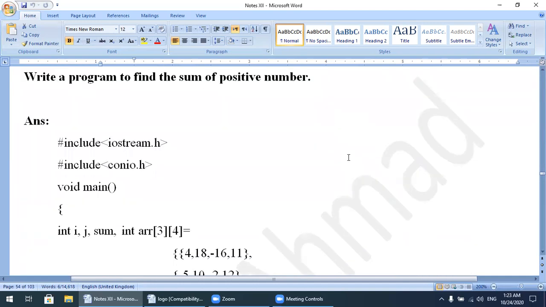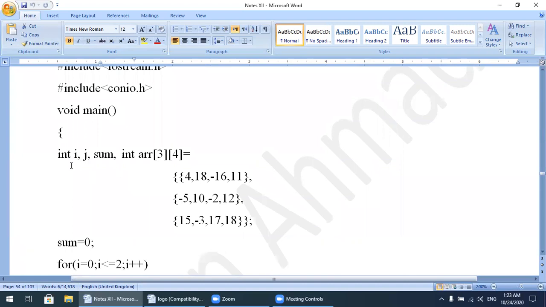For this purpose, two header files: iostream.h, conio.h, void main, integer i, j, sum, and the two-dimensional array.